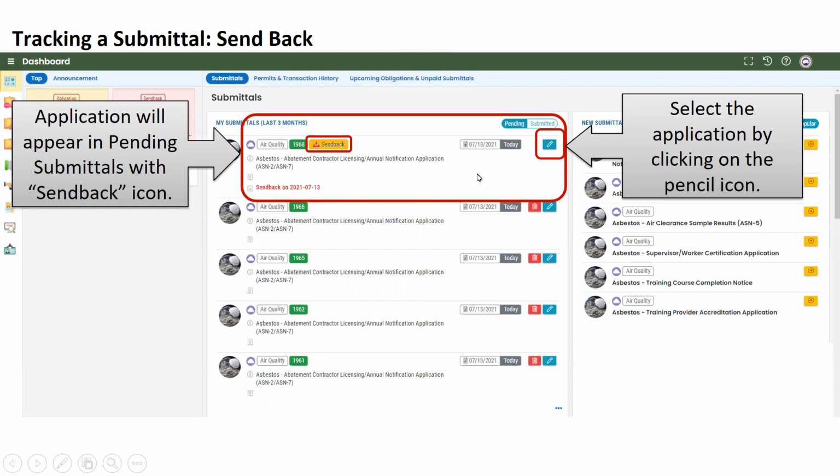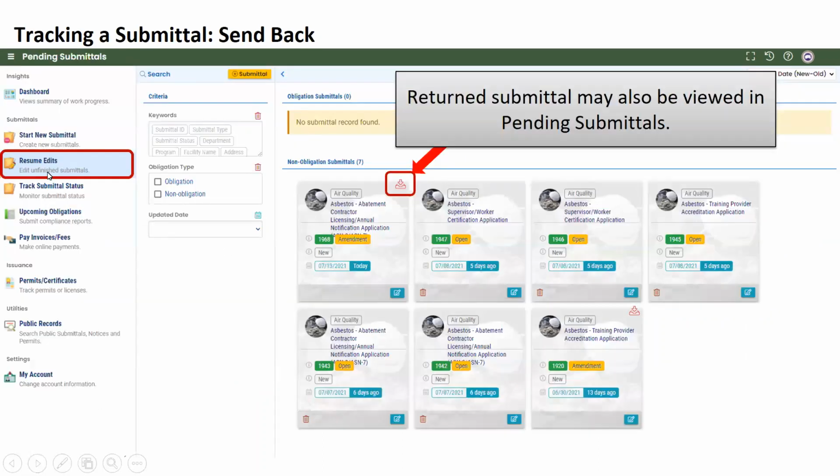And so if you're not sure why it was sent back and you need to figure out what needs to be revised or changed, then again, you just click on that pencil icon for that application. Alternatively, if you go to the resume edits area, it'll show up here as well, and it'll have the term amendment on the page, along with, again, a little return send back icon.